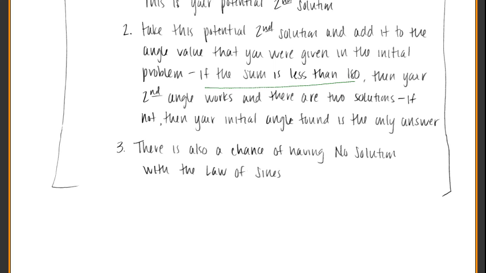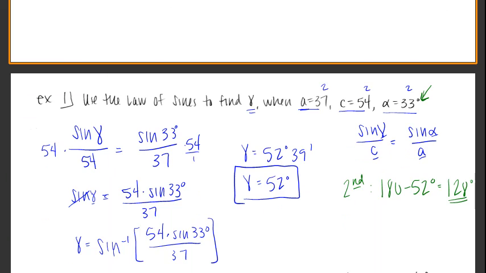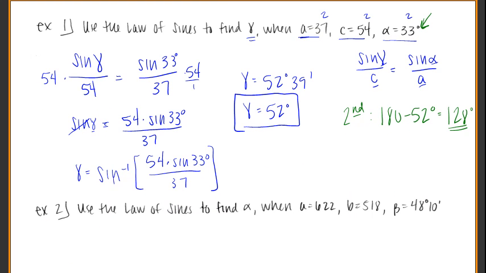If the sum is less than 180, which it is because it's 161, then our second angle works and there are two solutions. Okay, so we can write these down in notes. We'll just say, okay, so if 128 plus what was given is less than 180, if this is true,